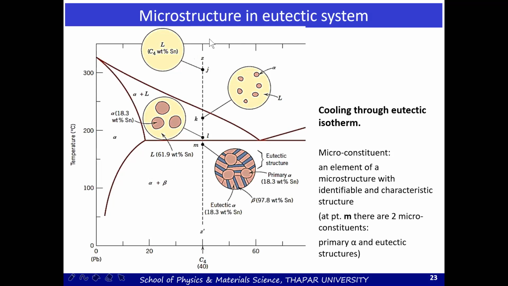It will remain liquid till you cross the liquidus line, which we are now crossing at point K. So at point K, we are in the alpha plus L region. You can see your phase is still mostly the homogeneous liquid, while some liquid has turned into an Sn rich alpha phase, right?